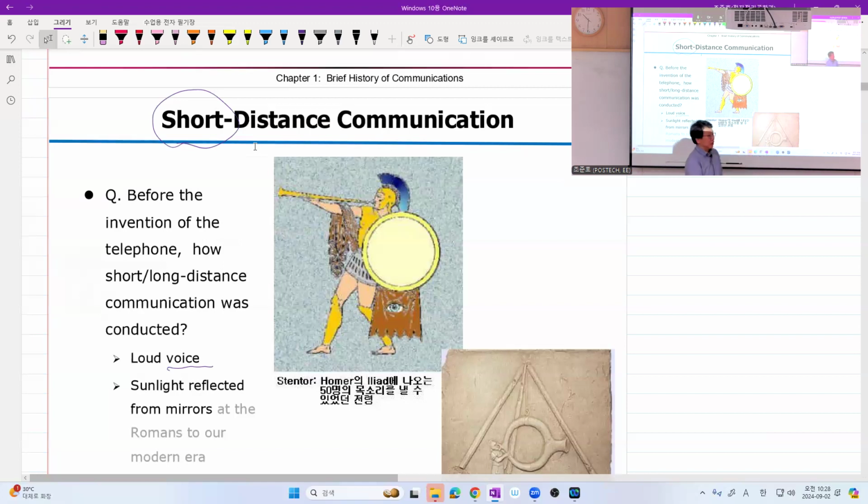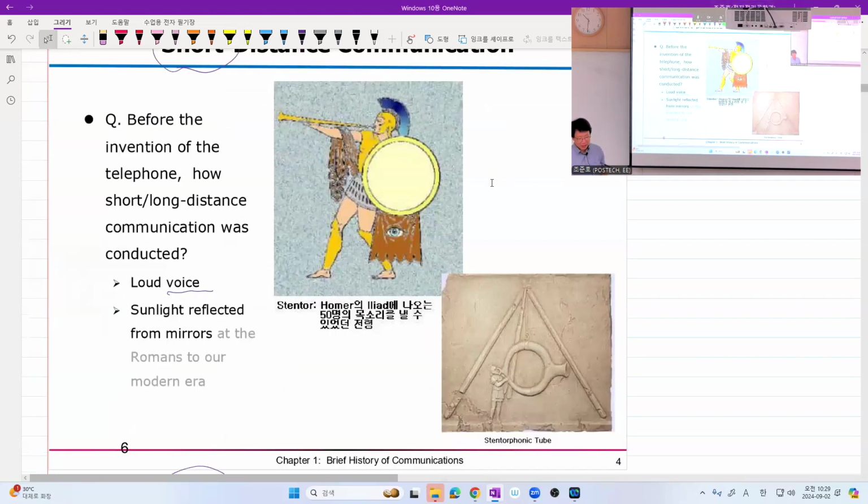The problem is that the heroes in the Iliad cannot live forever. So what happened? I believe these are Romans, not Greek, but Romans invented some strange tube, and this is named the stentorophonic tube. So he's not Stentor, but now with the help of some instrument, the soldier's voice can be beamformed to a specific direction. So the power or energy we spread through the air can be focused,